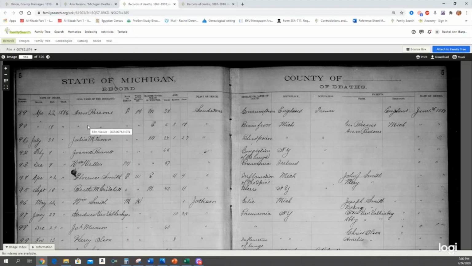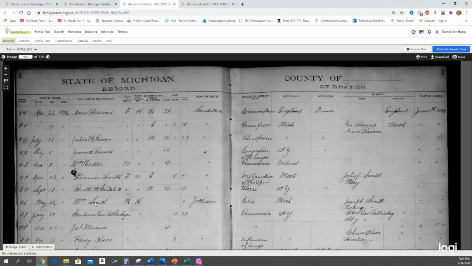But if you didn't have those, this record might be the only place that would tell you that Ann Parsons had a daughter named Ann Parsons. So you've just added a child and given a name to this child who might have gone unnoticed indefinitely until somebody looked and understood the context clues of the original image.